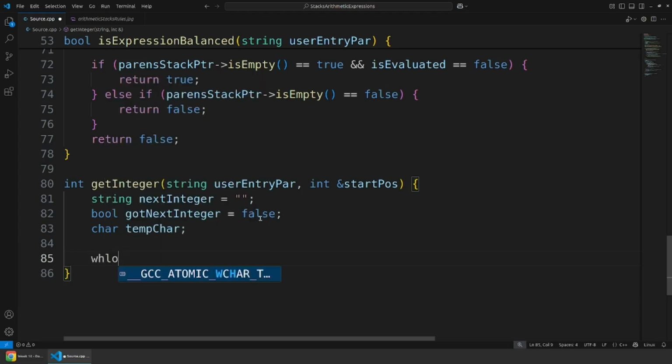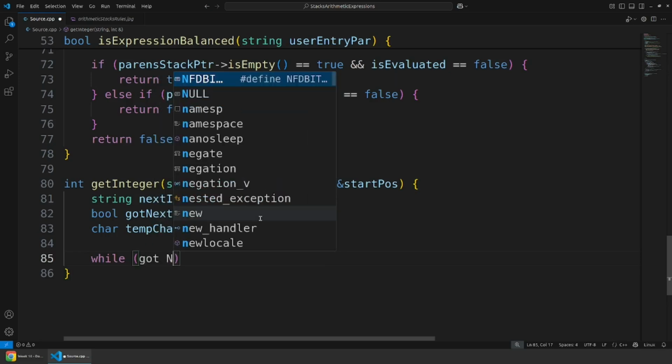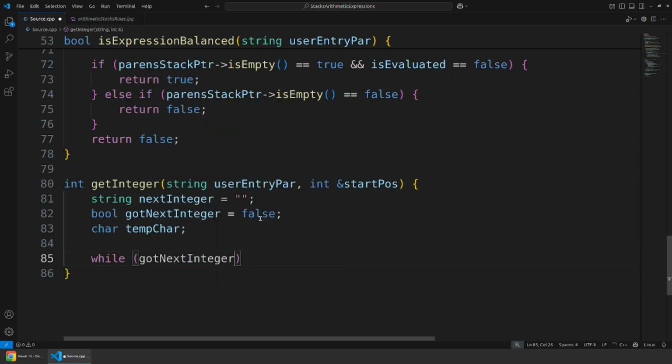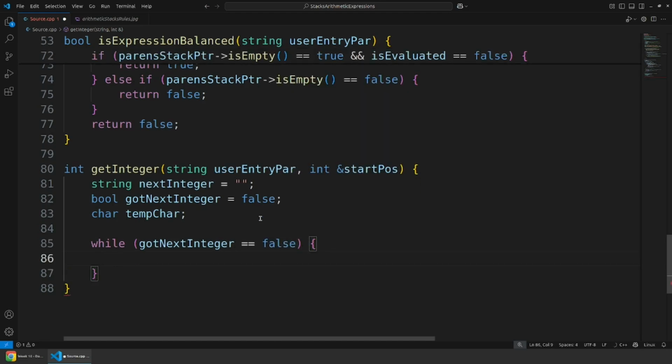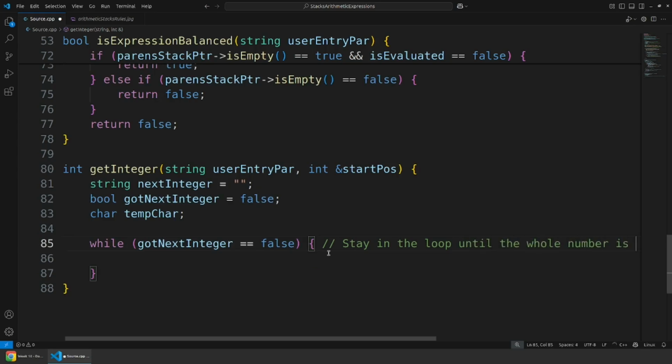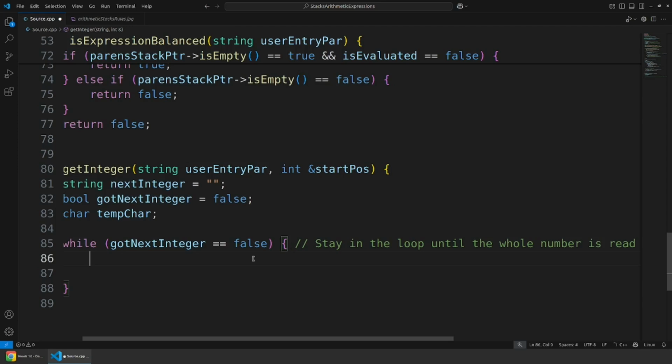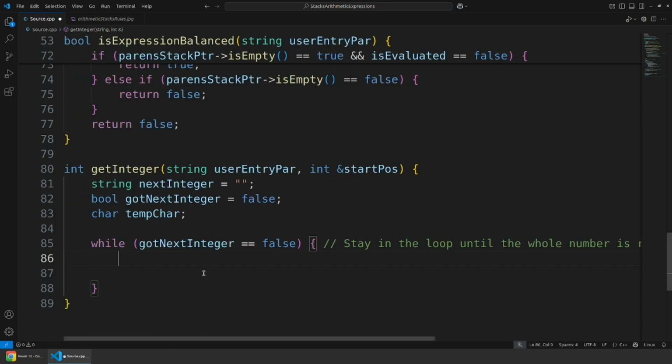So we're going to say while got_next_integer is false. So while we haven't got everything, here's what we're going to do. And then I'll put some notes here: until the whole number is read. So stay in here until we read the entire thing, and then we're going to, let's see,